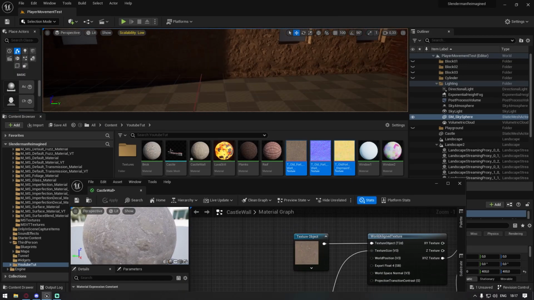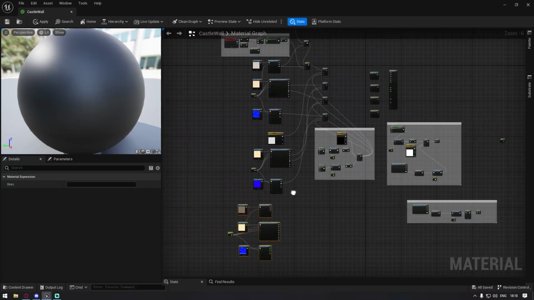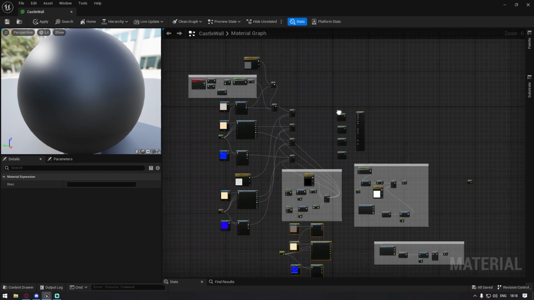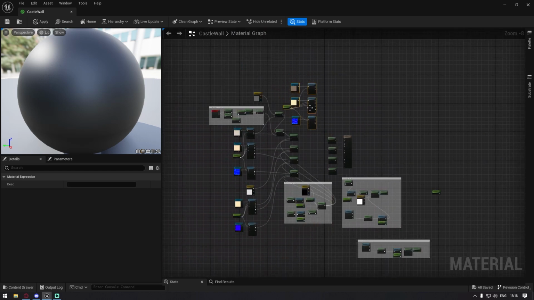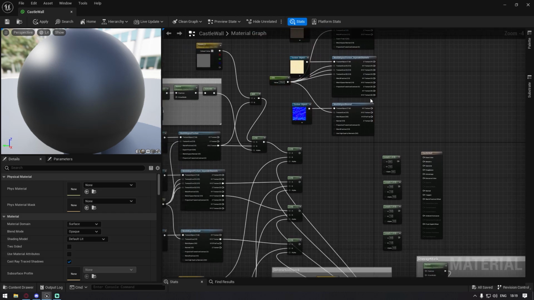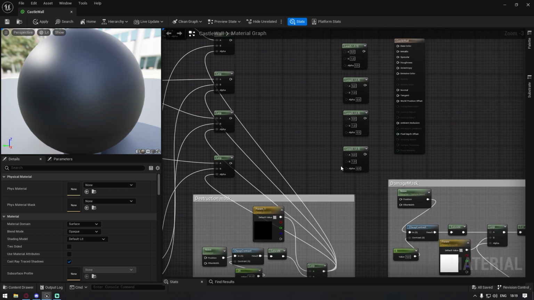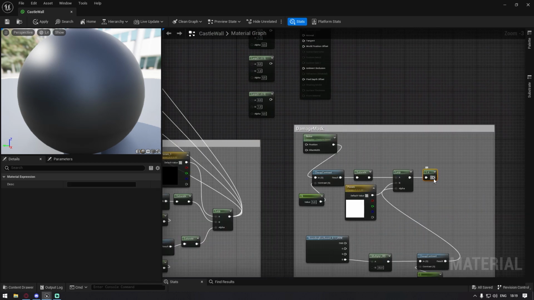Okay, so let's see. And now we want to use these. Oh, I'm so sorry, but this is going to be a spaghetti. We want to connect all these. So first of all, what we do is we have this damage mask. We connect every single alpha to this 1-, sorry. And then